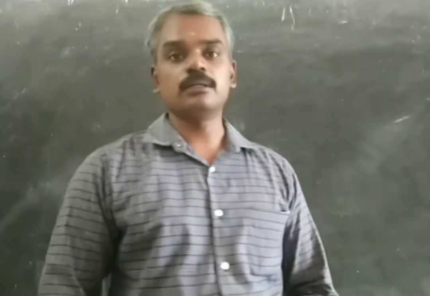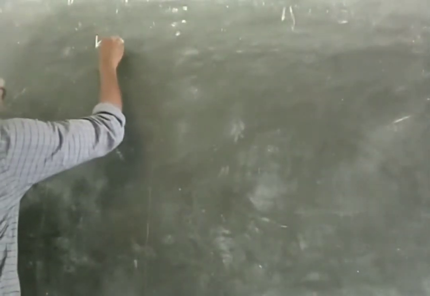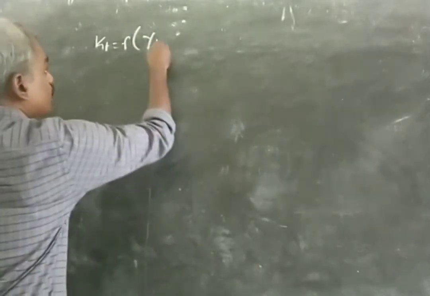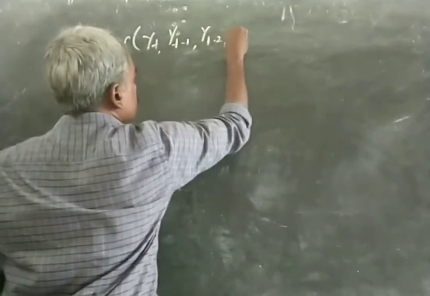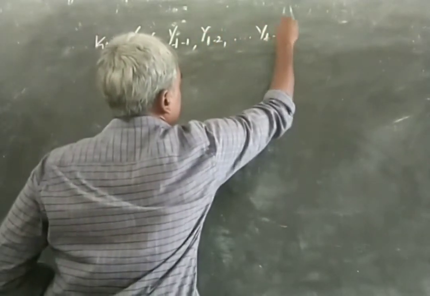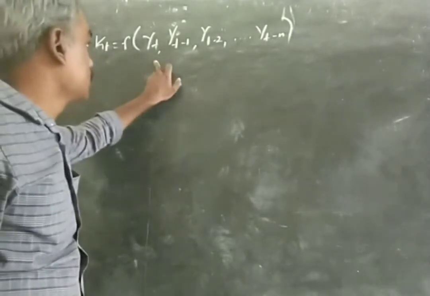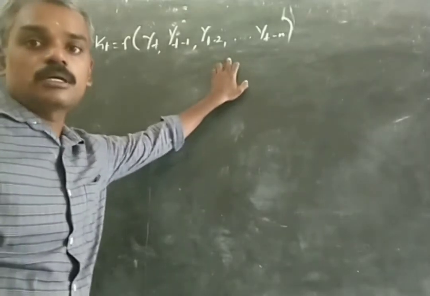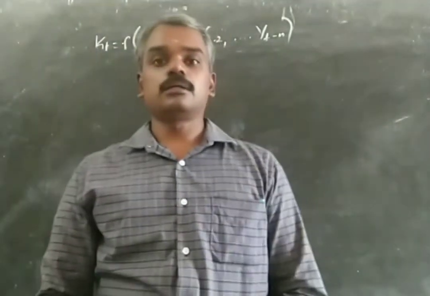Therefore they model current year's capital stock KT as a function of not only current level of output YT but also of previous output YT minus 1, YT minus 2 up to YT minus n. So current year's capital stock is modeled as a function of previous year's output levels, and this theory is known